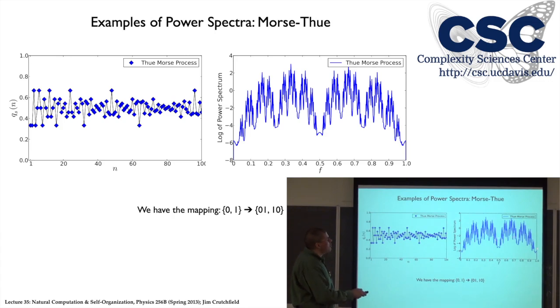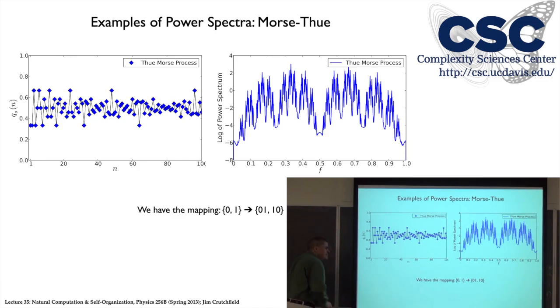But if I'd used a longer sequence, I could have gotten more and more structure here. If you use a very long sequence, you can actually see quite a bit of structure, and it gets unplottable because these ups and downs get so close together that it just looks like a band. Yes. So just to clarify what the sequence actually is: